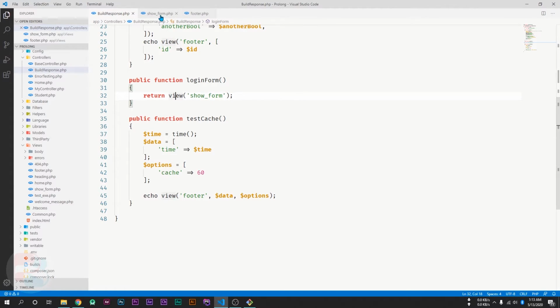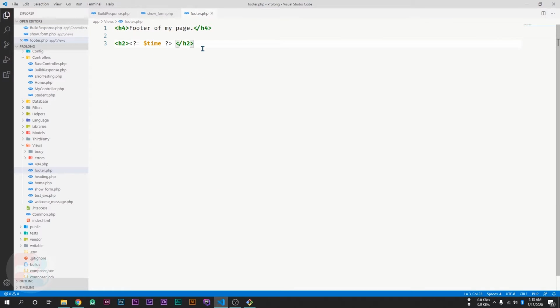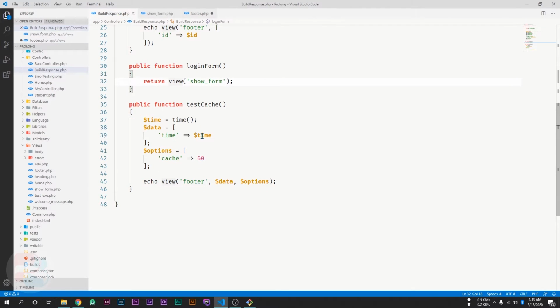So now if I go inside my footer, and here I call the view cell function, the function is view_cell, and now it requires the function.